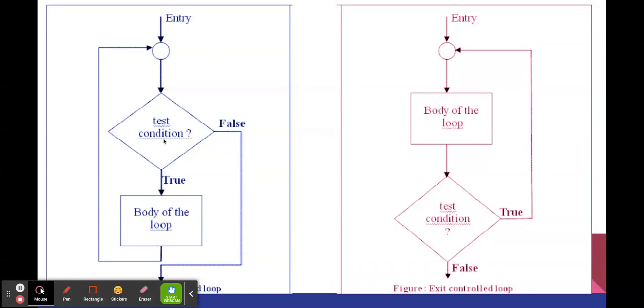So you can see this flow diagram. So this is the entry control loop and this is the exit control loop. So let's discuss this entry control loop first. So in this case you can see this is the entry point. So in entry control loop, first of all, condition is checked, and if condition is false, then control goes out of the loop. But if condition is true, then body of the loop is executed, and after executing this body